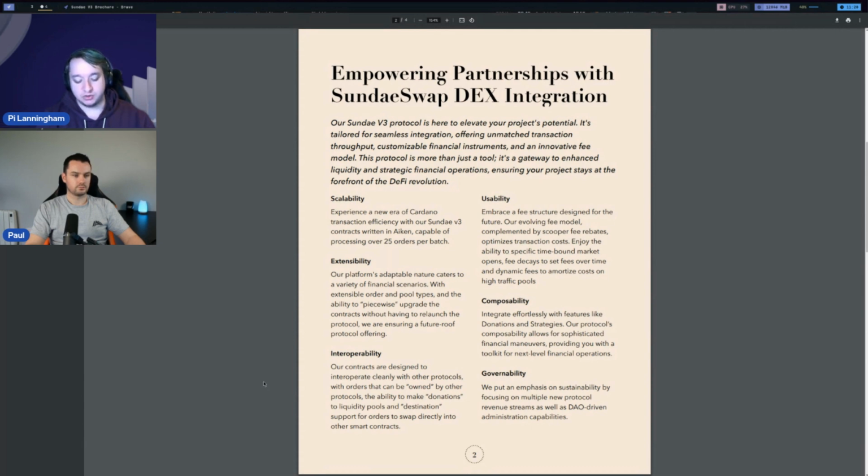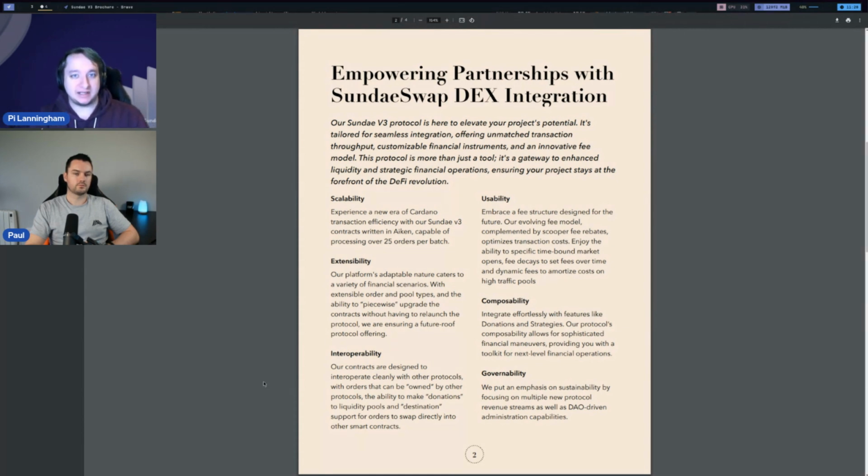But what it does do is allow a very convenient way for other protocols to create incentive structures where, for example, maybe 10% of the revenue from their protocol is automatically, not at the behest of some company or some person, provided as a donation to their pool.